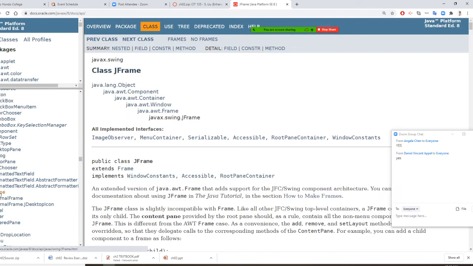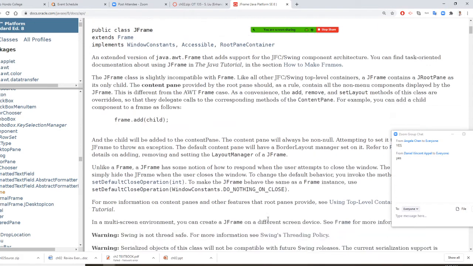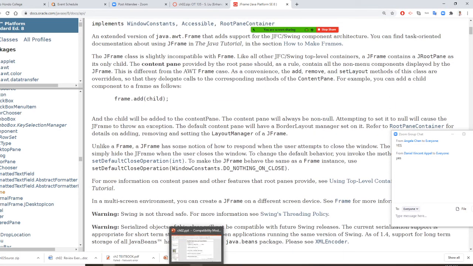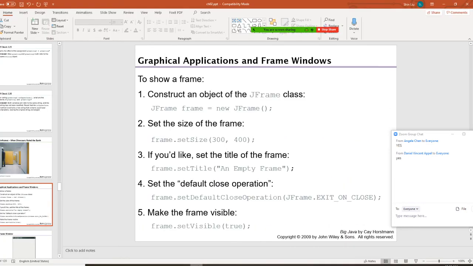JFrame. So JFrame is a class. You need to have this JFrame class to be able to show your graphic. Your graphic needs to be put in your JFrame. Graphic applications will be displayed on a JFrame. Again, JFrame is a class. This class allows you to display a graphic